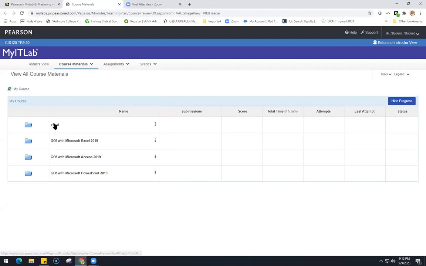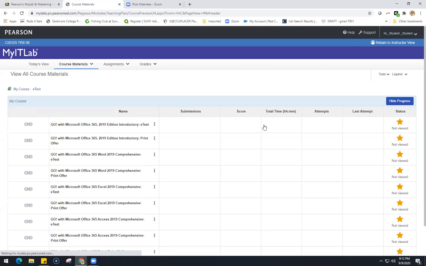Once you get logged in, the first thing you'll see is I put a folder and a link to the e-text. So when you click on the e-text,